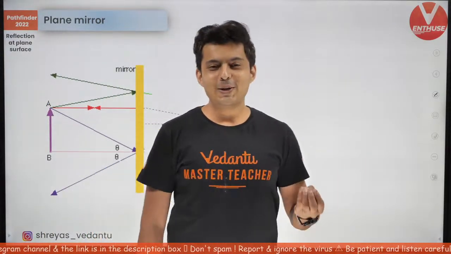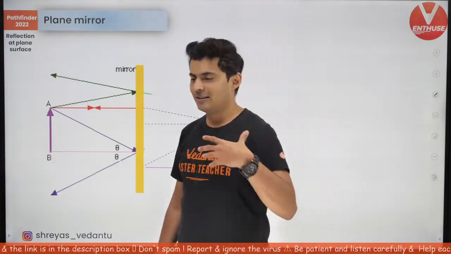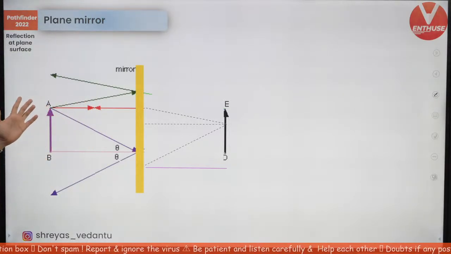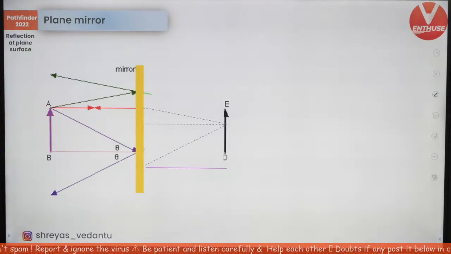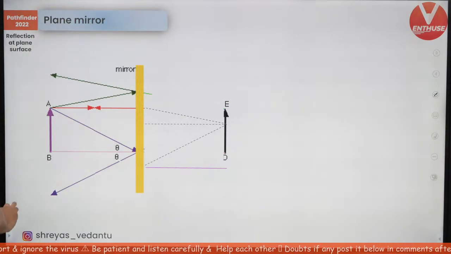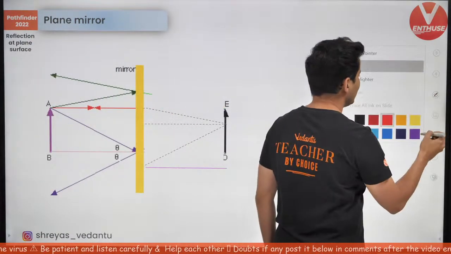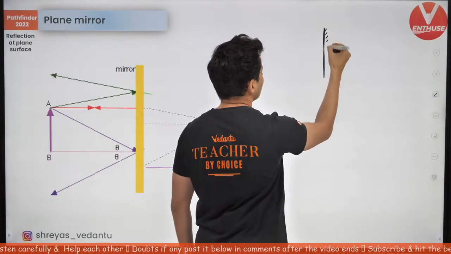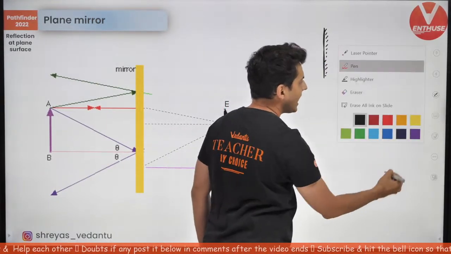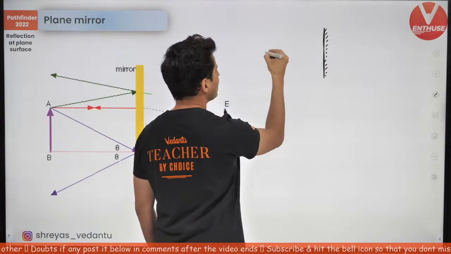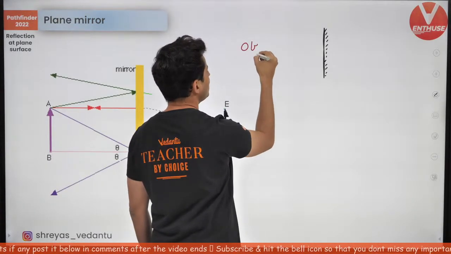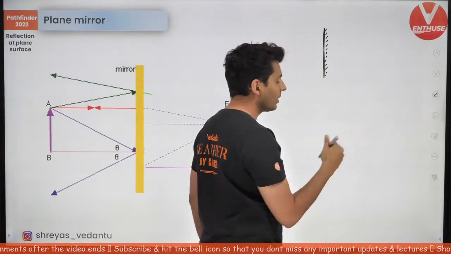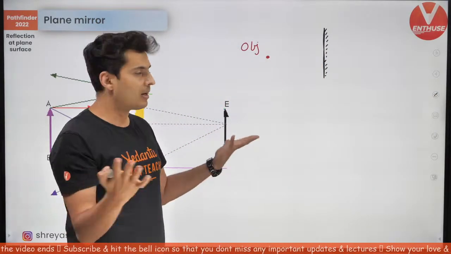Now, what kind of images do you get by a plane mirror? Now that we spoke about general images, objects and all of that, what kind of images would you expect out of a plane mirror? See, very simply put, let me just show it to you over here. See guys, it's very easy. When you have a plane mirror like this, and let's say this is your object right over here. If you draw even two rays, that's enough for me to figure out where the rays will meet and where the image will be formed.